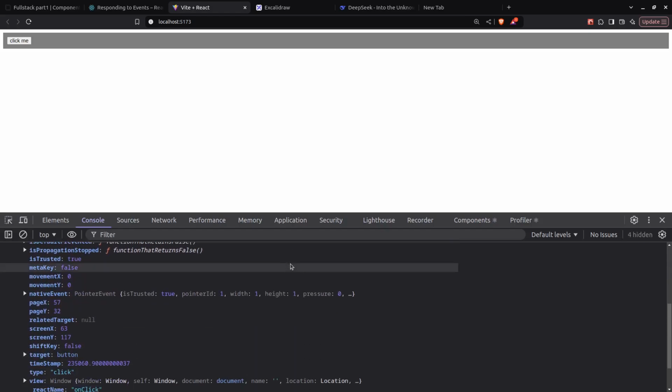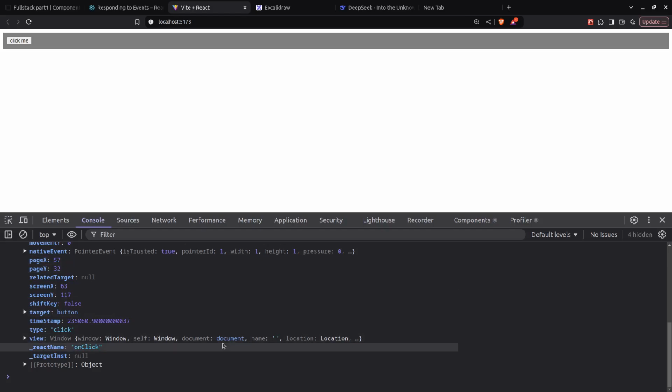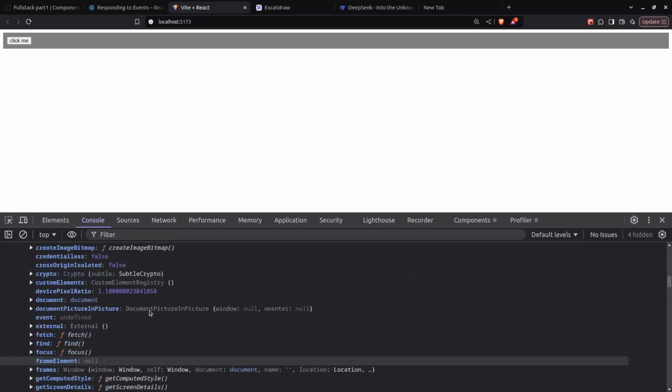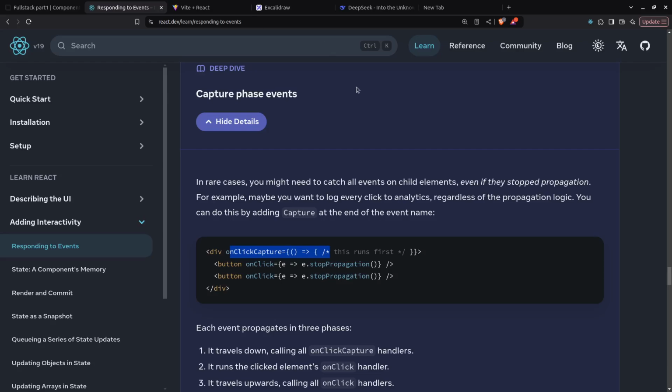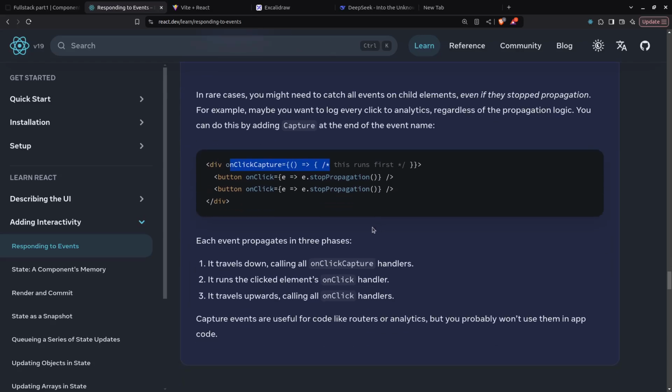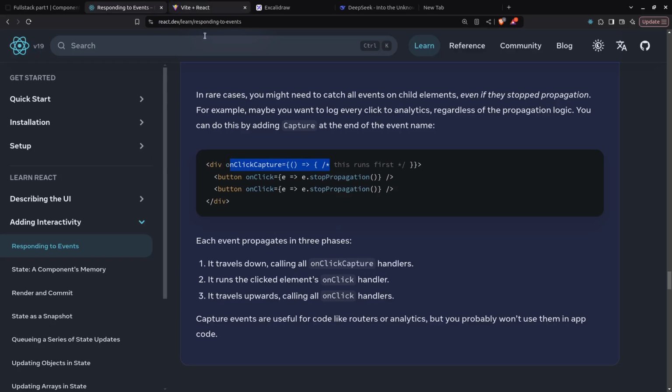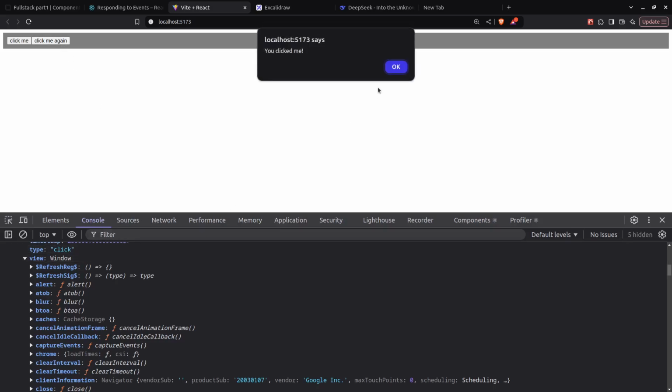Okay, but what more information can we get? Let's go to the docs. It travels down calling onClickCapture. Let's copy this. Two times click me. Let's say again. Now if we click,